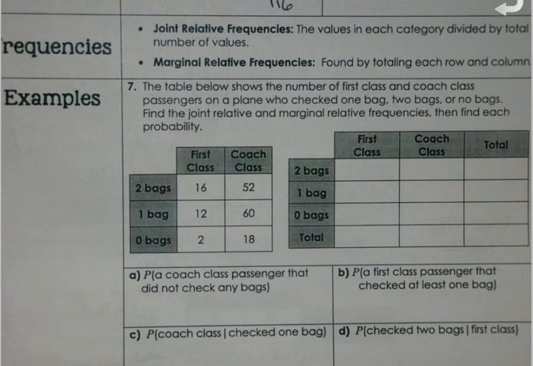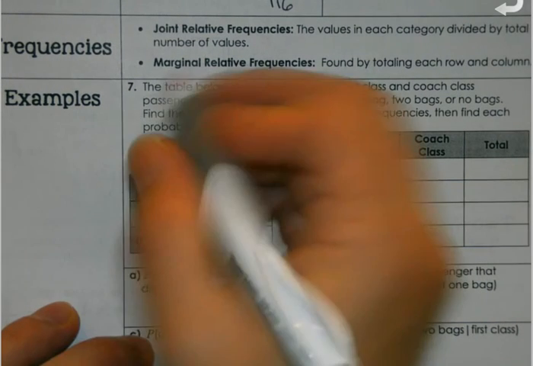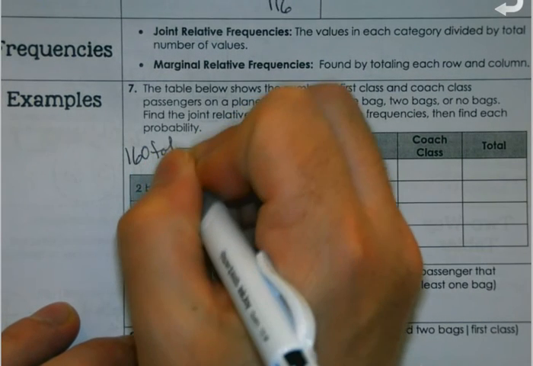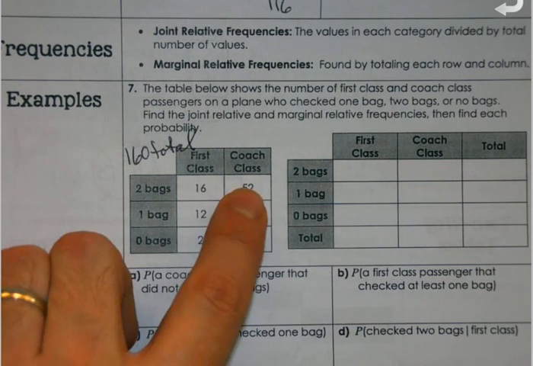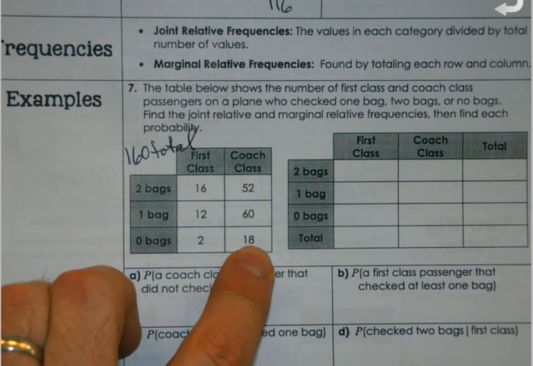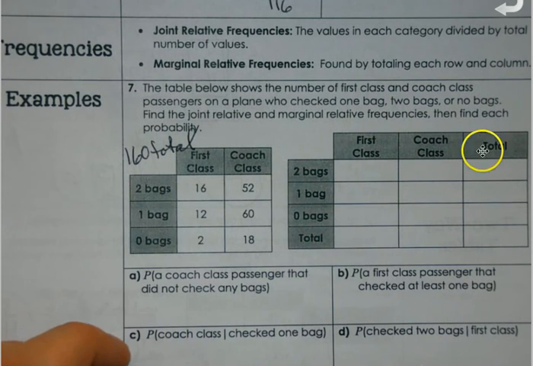So we got to do a little math first. How many total people were flying? That's our first job. 160. Okay, so 160 total. So once I get that 160 total, now to start getting the values over here, I have to take each of these, and I'm going to divide them by 160. So for instance,